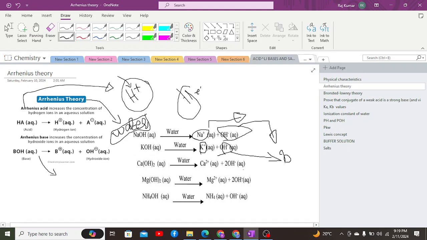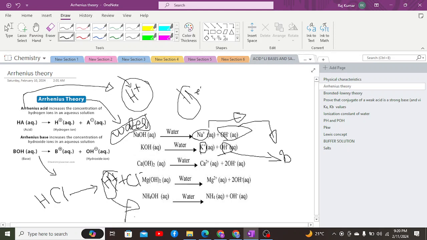Likewise, if we talk about, let's say, HCl, when it is dissolved in water, it basically has a hydrogen atom, and what actually happens is that it dissociates into hydrogen H positive plus chloride, such that this H positive hydrogen released within the water will cause the water to become acidic, and thus it will be recognized that HCl is an acid because it produces hydrogen ions in the water,